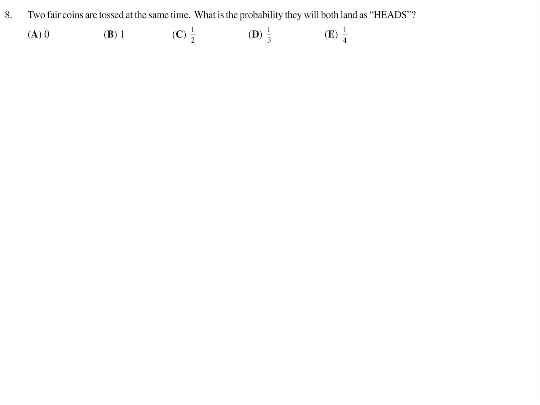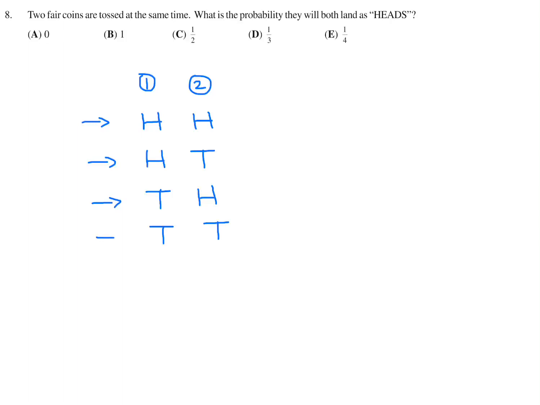2 fair coins are tossed at the same time. What is the probability that they will both land as heads? So we got heads and heads. That's one possible outcome. Heads and tails, and heads and tails. When you flip coin 1 and coin 2, these are the possible outcomes. We got 1, 2, 3, 4 possible